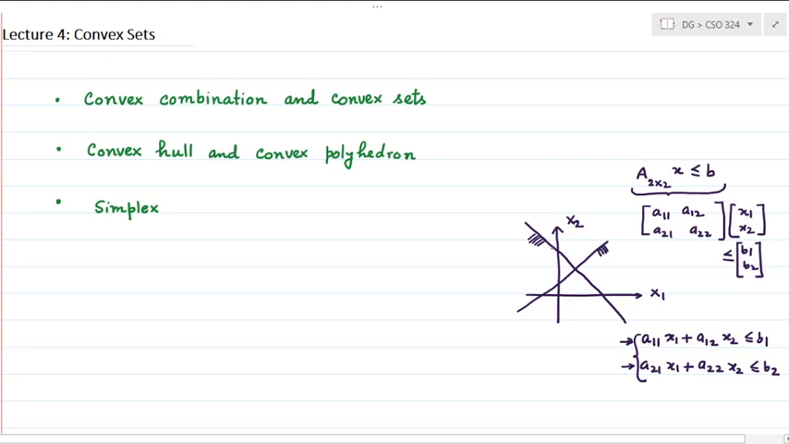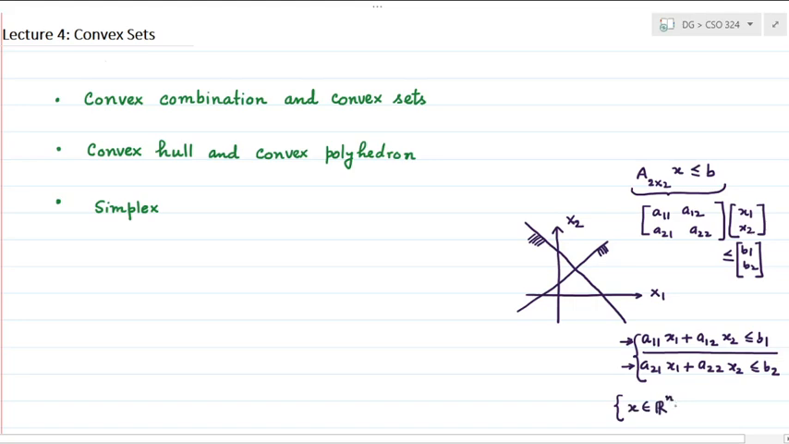By half spaces we mean any of the sides of the line. Fine. So mathematically, this less than or equal to b1 gives us a half space. And in general, a half space in the n-dimensional Euclidean space is given by